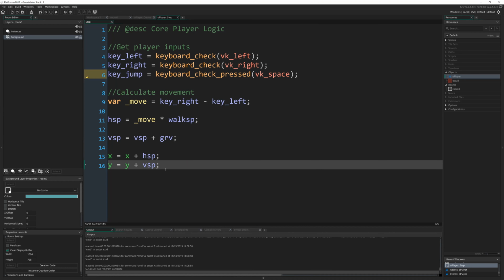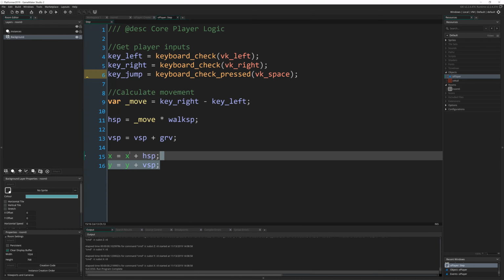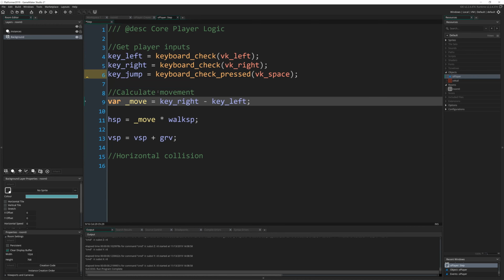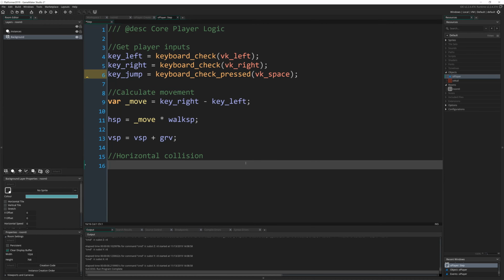So the main thing for us to do next is to implement some collisions, okay? So I'm going to get rid of both these lines again. We'll put them back. First of all, we're going to work out our horizontal collision. Vertical and horizontal collision are worked out in pretty much the same way, but we have to do them separately. So this is the tricky part for most people when they're working on their first platform game. They can generally work out this kind of stuff and move their character around the screen. They struggle when it comes to collisions, and that's because